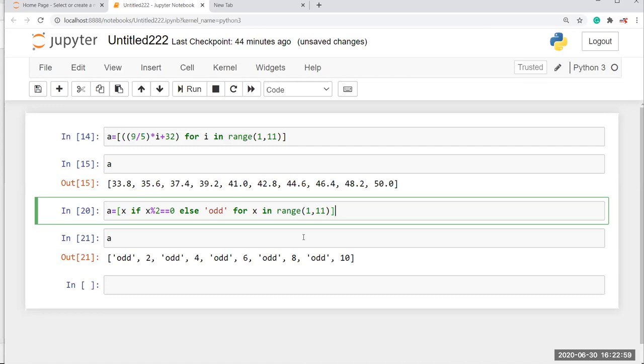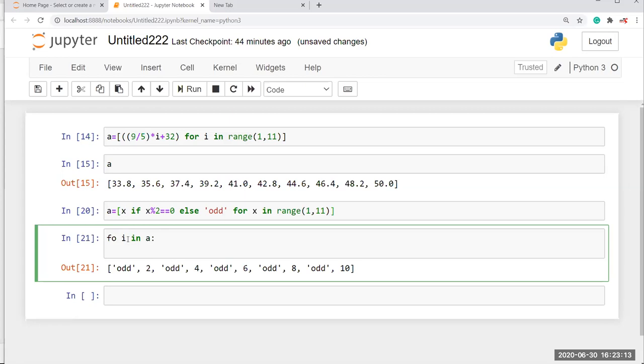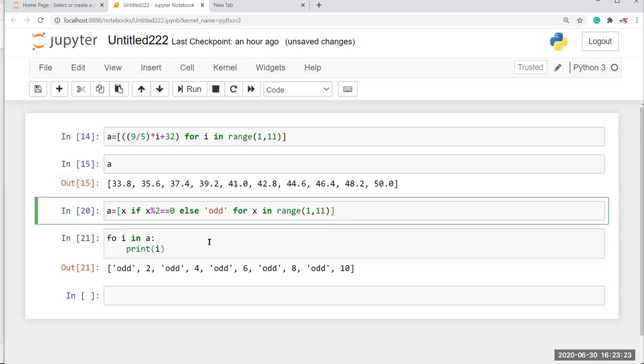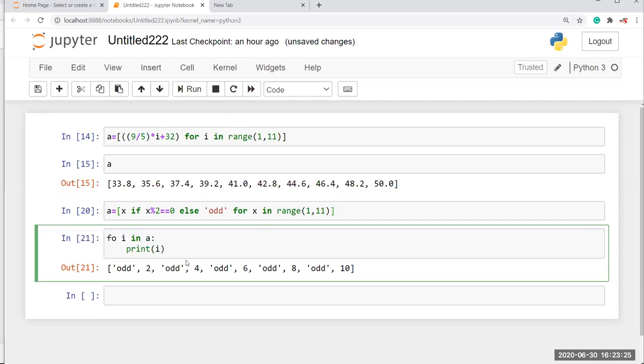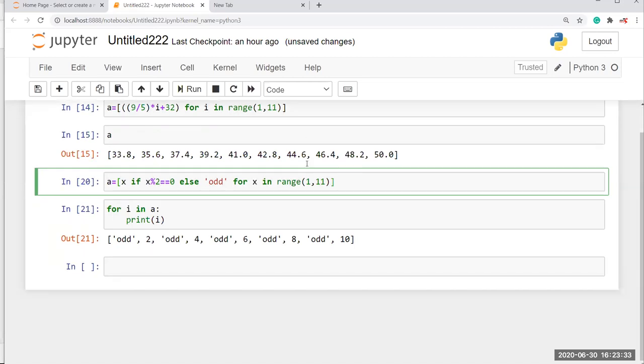So you should do your if and else statements and for loops in the normal way, like for i in a, then print i, like that. You shouldn't use list comprehension because it is more confusing than a normal if statement. Okay, so you just need to know what a list comprehension is. Next we'll move on to